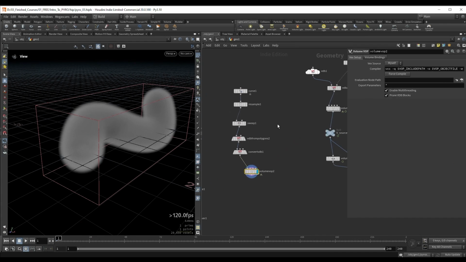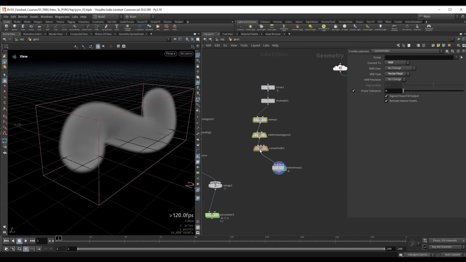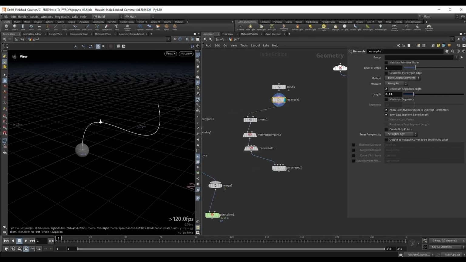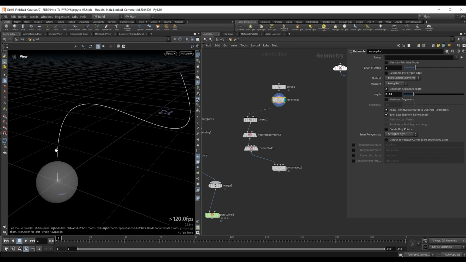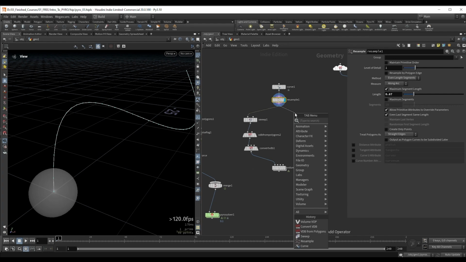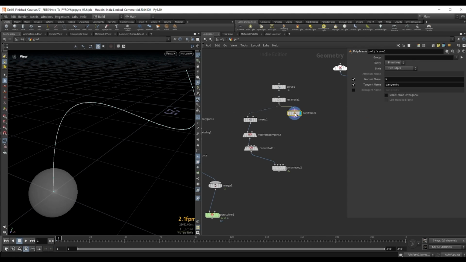and we will have to reference our curve geometry. Let's go ahead and make some room over here. And from our curve geometry, we will need to store the direction of our points as they go along the curve. So I'll turn on the point display here, and we can use a polyframe for this. So let's drop down a polyframe node. I'll turn off the normal, and for our tangent name, I'll set this to N,